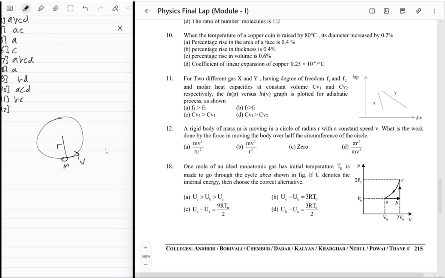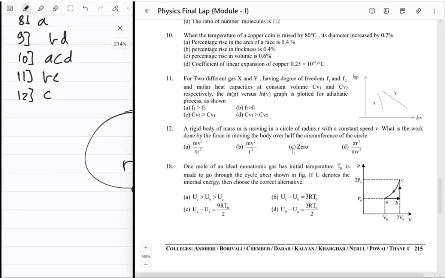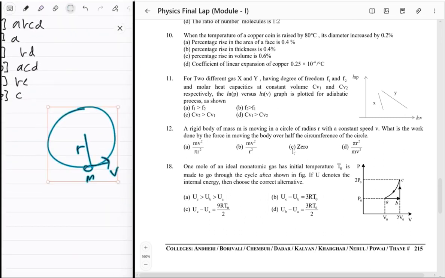ये क्वेश्चंस कितने घटिया होते जा रहे हैं. जीरो ऑफ कोर्स, सी इज आंसर. बट ये थर्मोडायनेमिक्स में कैसे आ गया आखिर? आई डोंट नो. नेक्स्ट